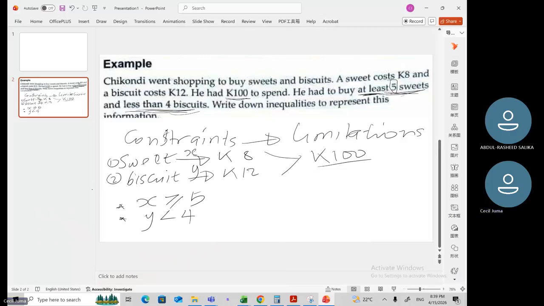So if you multiply 5x, yeah, then you add 4. This one should not exceed ndarama imene ali nayo. So if you multiply 1 sweet,